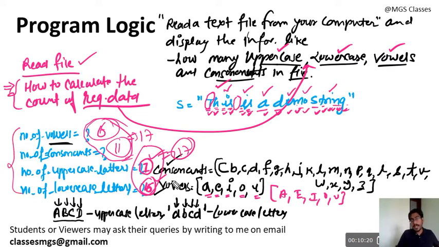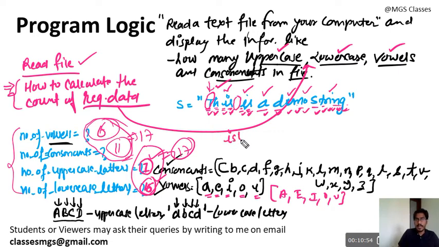Now if you need to write the logic to calculate this using a while loop, you can take the while loop or for loop and iterate over this string character by character, and for each character we will check whether it is a capital letter, a small letter, a consonant, or a vowel. For those calculations we have ready-made functions. I can show you how to check whether a character is uppercase or lowercase. What function is available in the Python string?